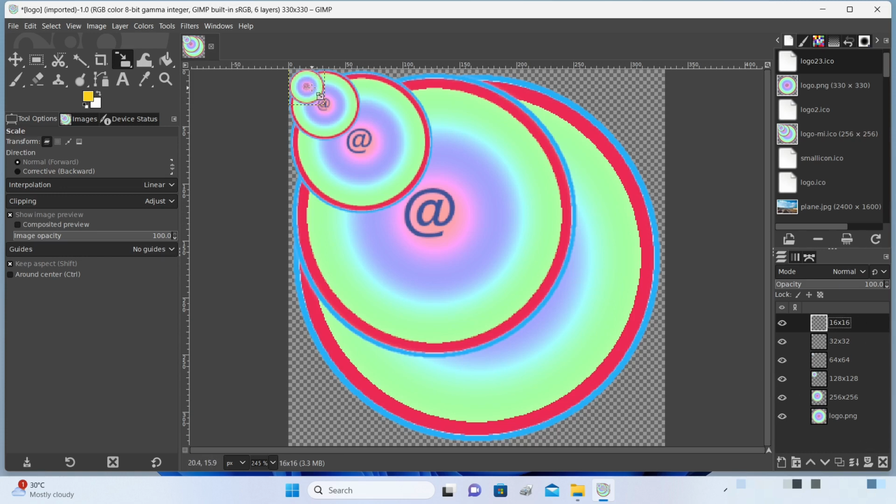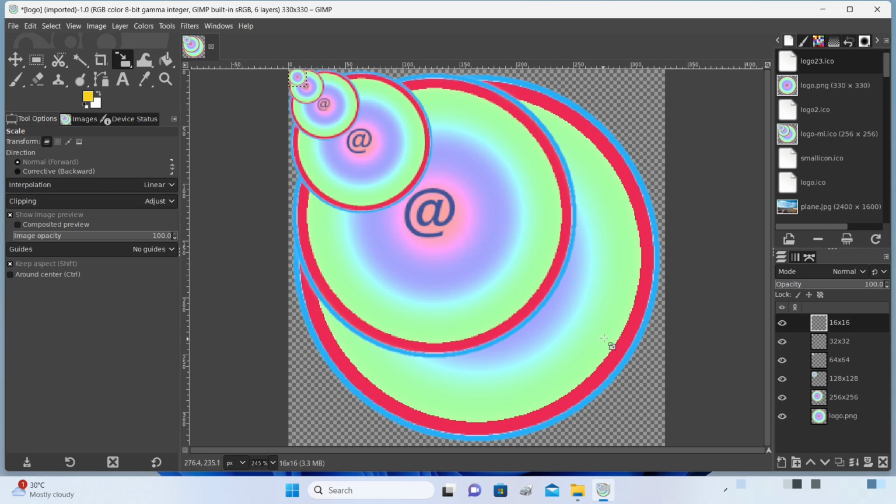I'm going to come here and using the scale tool, I've already clicked this so you can see that the scale tool is active. I'm just going to click on this and simply divide it by 2. You can always type 16 in the box and no need to perform the math, but this is faster. So this is now 16 by 16 and scale. So we now have a 16 by 16 version, then a 32 by 32 version, a 64 by 64 version of the same file, a 128 pixels by 128 pixels version, a 256 by 256 pixel